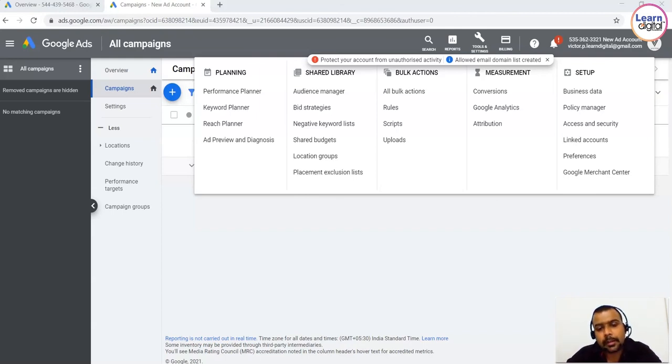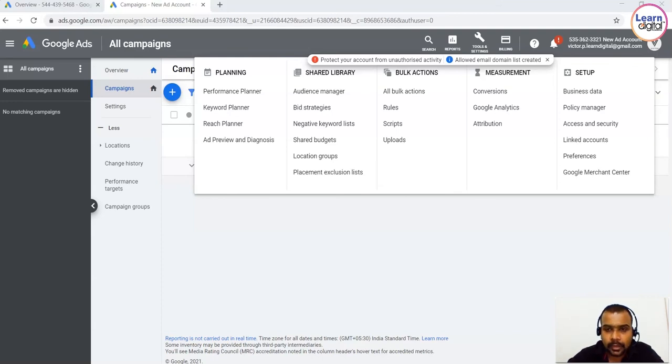or across multiple campaigns. Google Ads offers various tools and features to help you make bulk edits to your account. So the bulk edits are really helpful when you're focusing on multiple campaigns, you have multiple ad groups, you have multiple ads, you have multiple exclusions. You have to set the rules or you have to create a script, or you can upload it from your